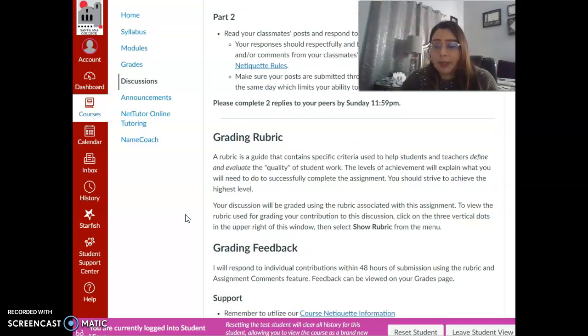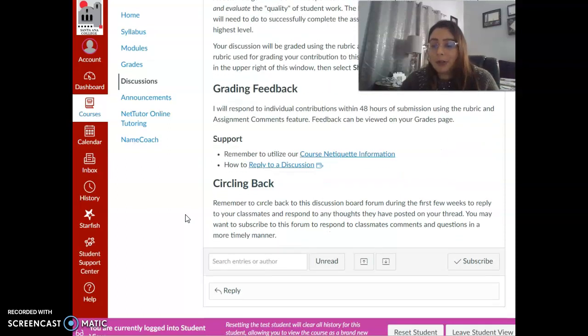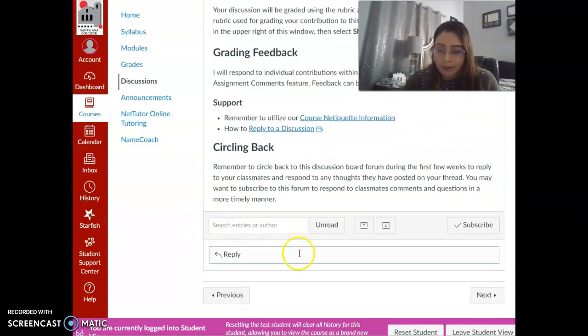Below, for each assignment, you will be able to see the grading rubric and grading feedback. Circling back is referring to checking back after your initial post to respond to your classmates and engage with further interaction. You will post your initial by clicking reply, and then you can click next